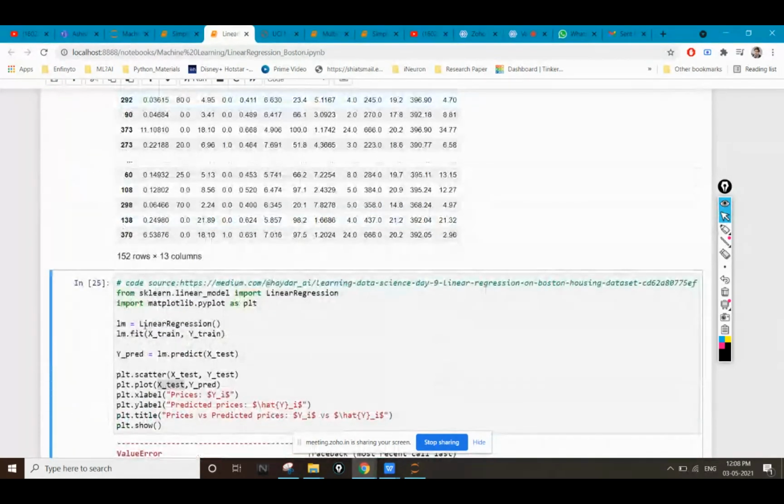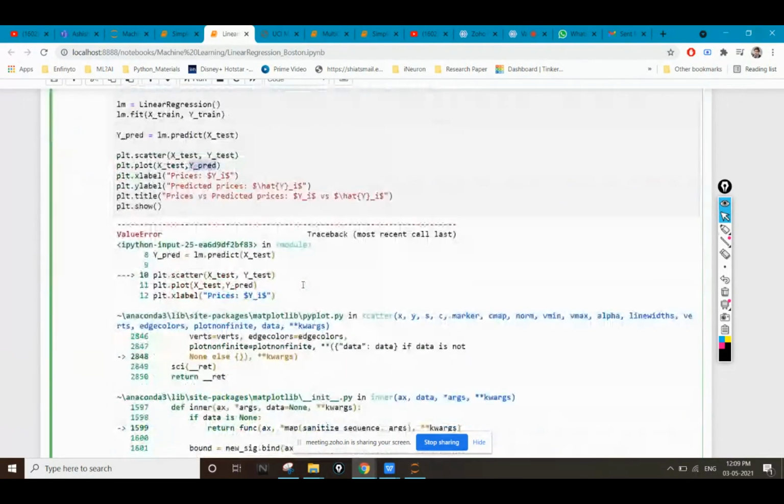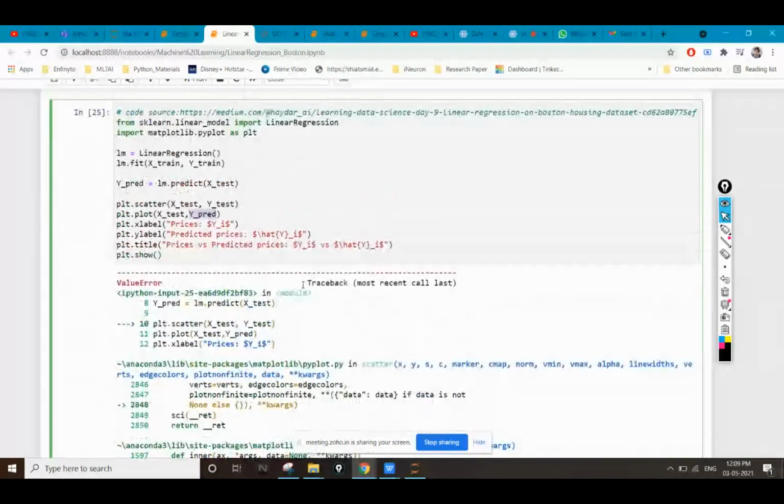We are not able to plot a scatter plot here because in X test we don't have only one feature, we have multiple features. So we are not able to plot a scatter plot in this case.